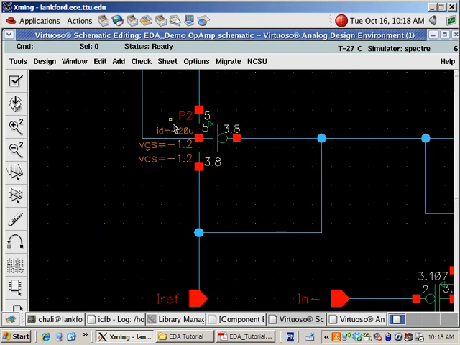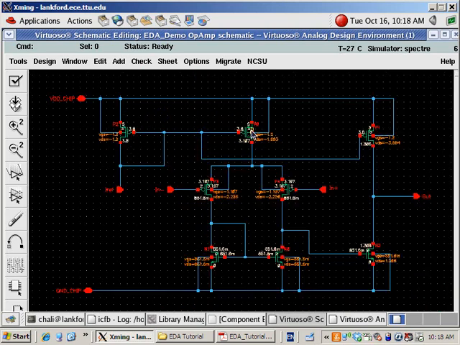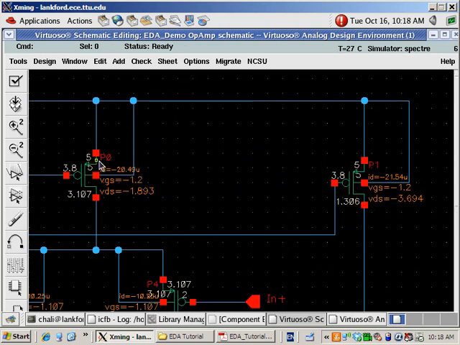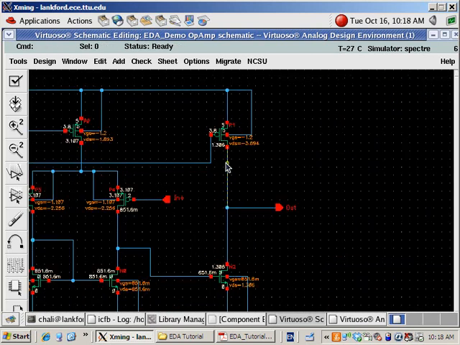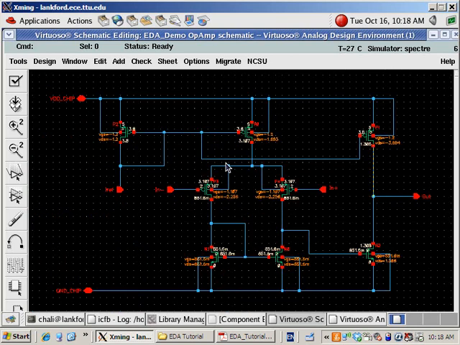And we can check if the current makes sense. We have 20 microamp of current as a reference right here, and in this branch we get pretty much also 20 microamp, a very good current mirror, right? And in this branch we get 22 microamp. The reason this one has a larger error is because the output voltage is currently 1.3 volt, which